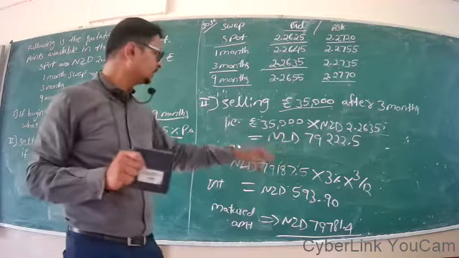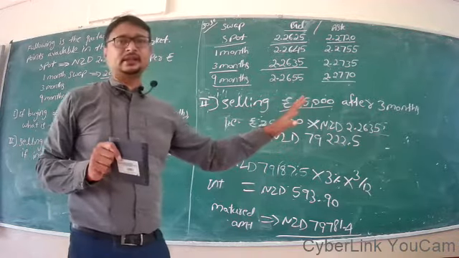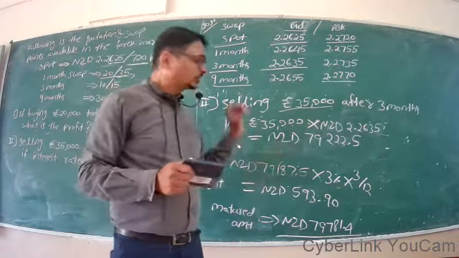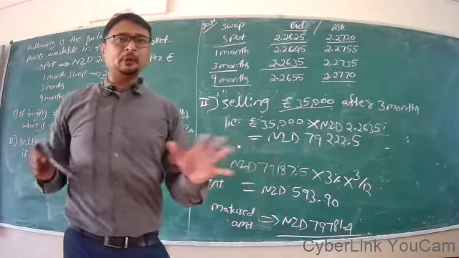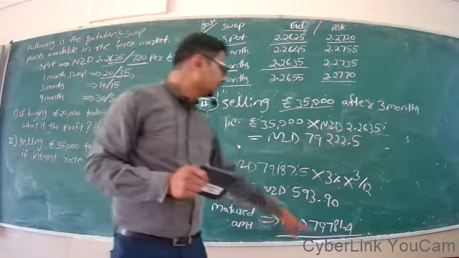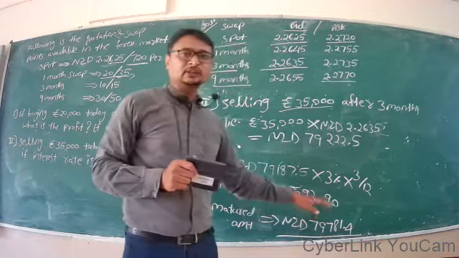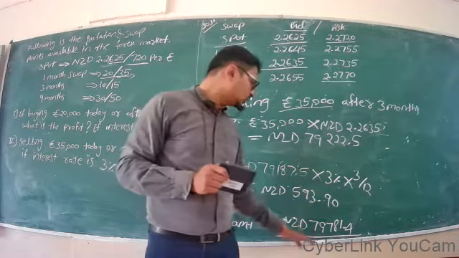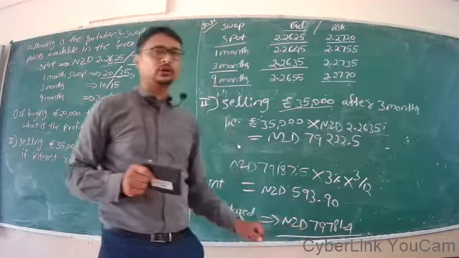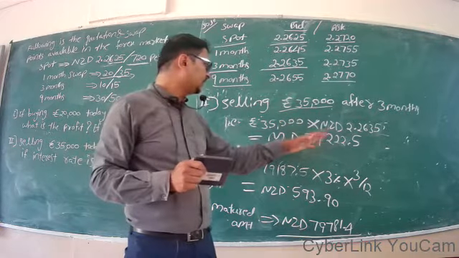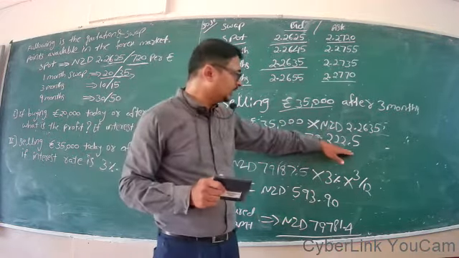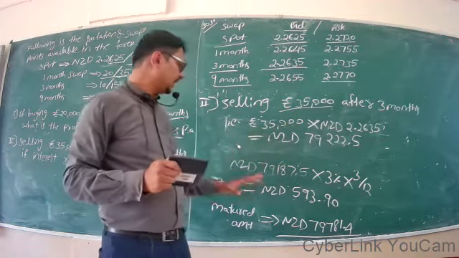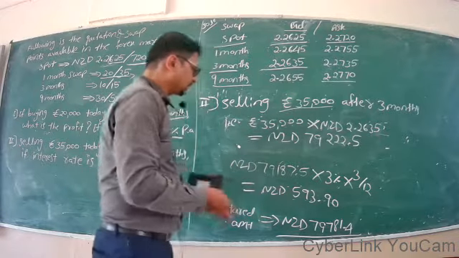Another option is you sell it after 3 months straight away. Which one is the benefit now? See, if you sell it at the spot rate today and deposit the same amount in a New Zealand bank, you get the 593.90 as interest, and the matured amount along with the principal is 79,781.4. If you are selling it after 3 months you get 79,222.5. Which one is beneficial to us? Looking at this, selling at the spot rate